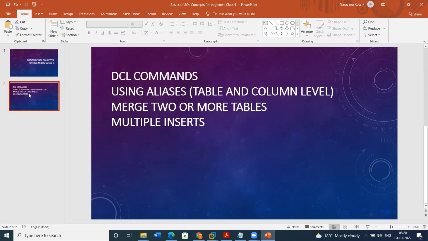statements. One of the common interview questions is how to insert multiple records at a time using a single SQL query. Okay, so this is one of the common interview questions: how to insert multiple records at a time with a single SQL statement. Okay, so now let's see that. Sometimes they will ask without a select statement also. So that we will see now.